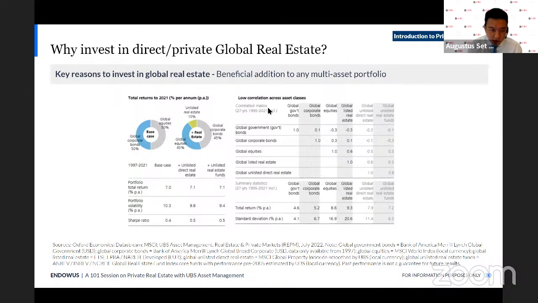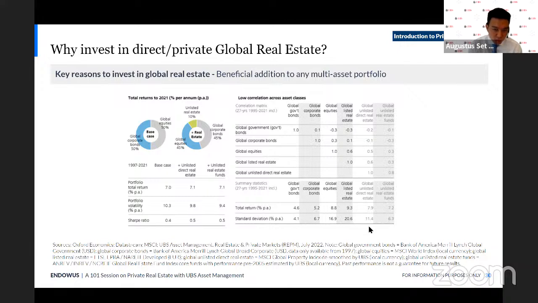Yeah, thanks. There's a lot of numbers on this chart, so I don't want to labor too much on it, but we aim to show one or two conclusions. If you look at the bottom right table, this is the historical returns and vols. Vols is the standard deviation of the return, so how volatile returns are over time. If you're an investor with a focus on the longer term, this is worth looking at. What you'll realize is that unlisted real estate funds have a volatility closer to bonds and fixed income, and they end up delivering returns somewhere between bonds and equities.